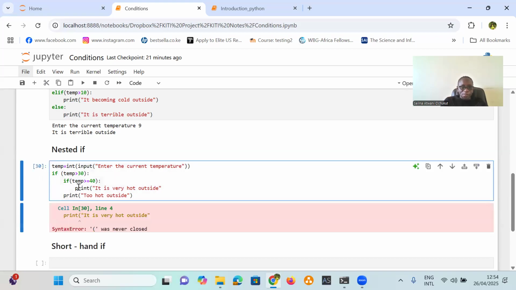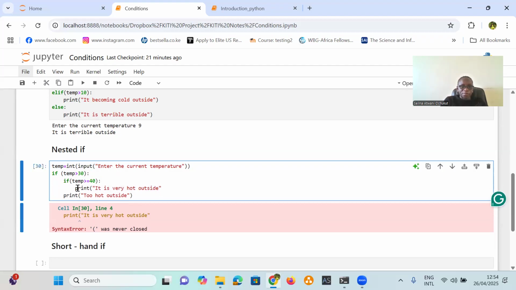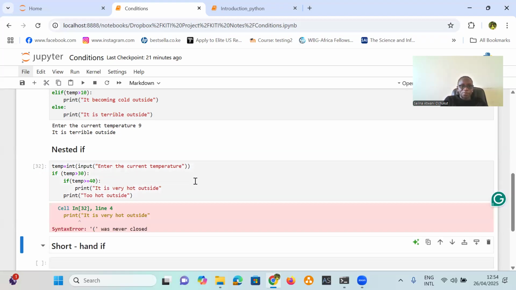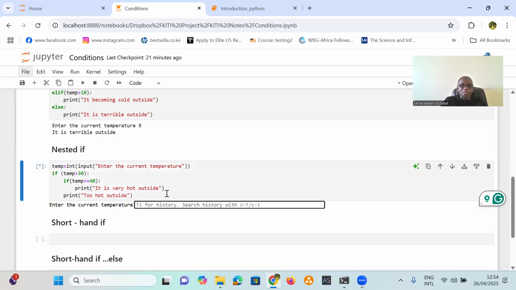Sorry, I think I did wrong indentation here. Let me just re-indent it to have it very well indented. Oh yeah, and I forgot to close this one. So now when we run our program, we are able to see, if we say 45, for example,